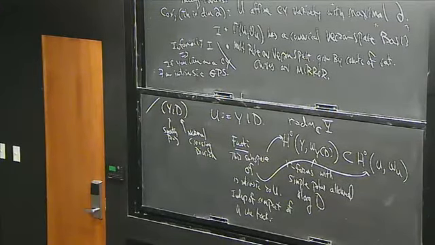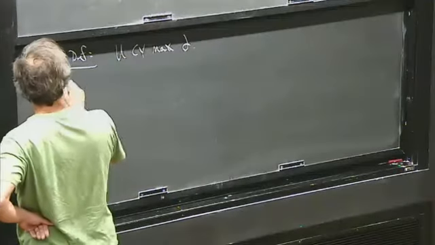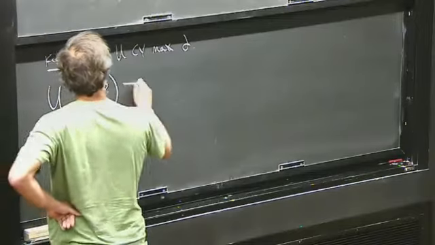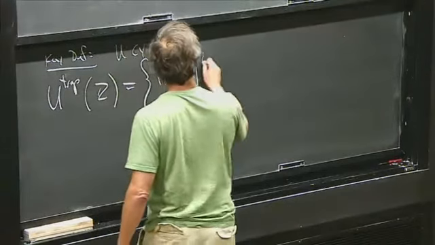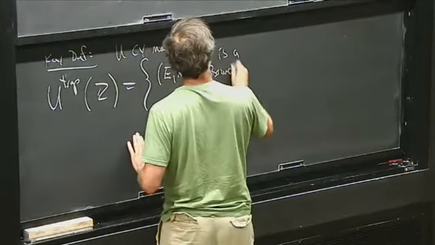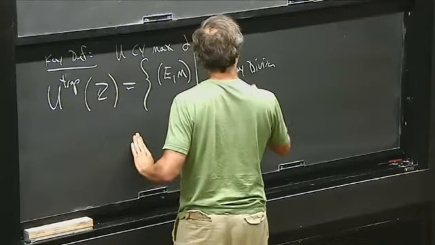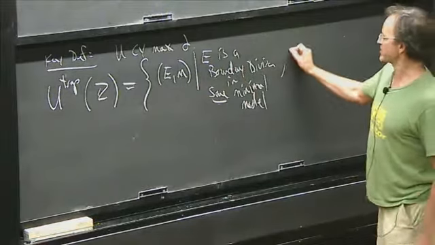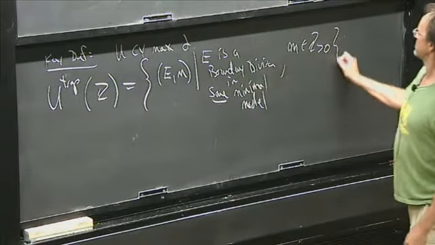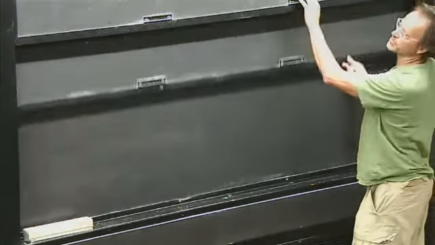Okay, so the key definition. Now U is Calabi-Yau with maximal boundary. I don't really need maximal boundary for this definition, but it won't behave well without it. I call it the tropicalization of U. This is going to be the set of all pairs (E, m), where E is a boundary divisor in some minimal model, and m is a positive integer. I'll throw in one more, 0. I'll give you lots of examples to see this if you've never played with such things.